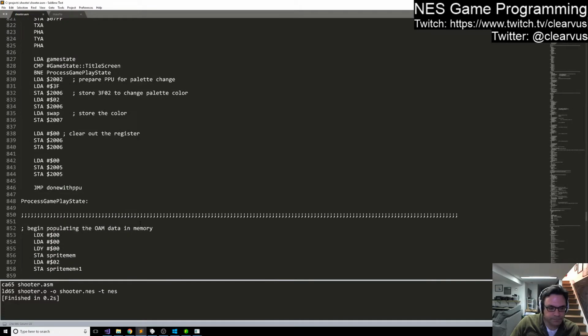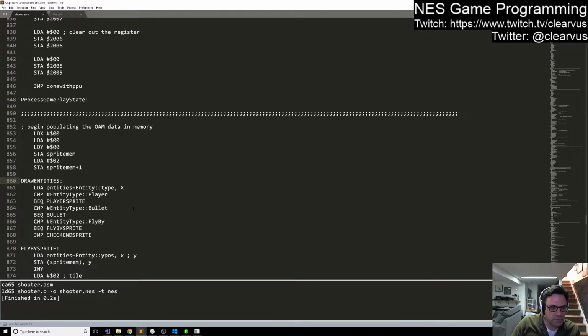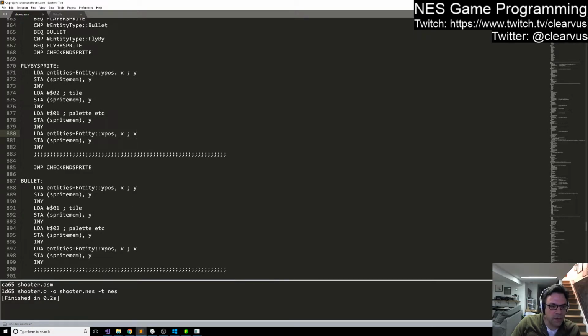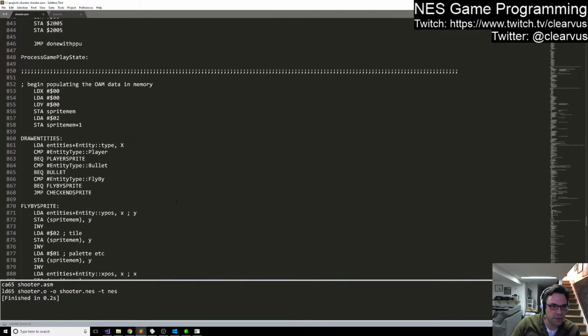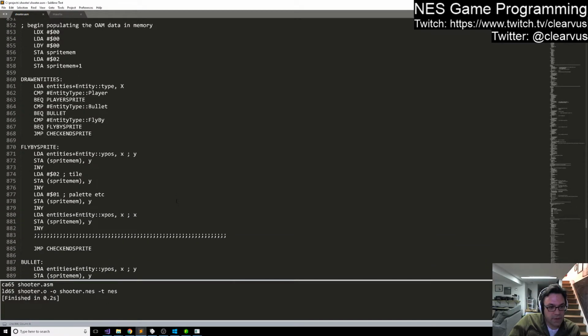So what I'm thinking is I want to move on and do the entity drawing stuff here, where basically we're dealing with how we're handling the drawing of sprites. Now the bullet entity will cheat because basically we haven't gotten there yet. But looking at this, I'm actually thinking that the tool is going to have to generate the code to update the memory,